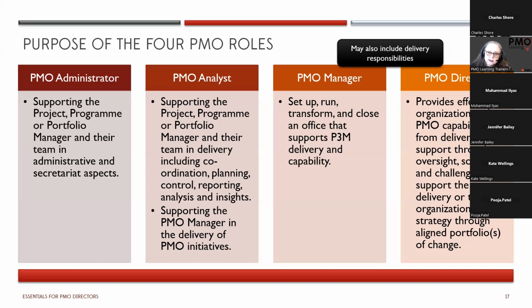Or when we get to senior analysts, they're the people who actually coach and educate the project and program manager on how and why certain things need to be done in the project. And I did some coaching a while ago with somebody who was moving into a PMO analyst role from a PMO administrator. And they said to me, I'm really looking forward to working with a PMO manager who will help me really understand a little bit more about my role, but obviously around projects, programs and portfolio. And sadly, she was